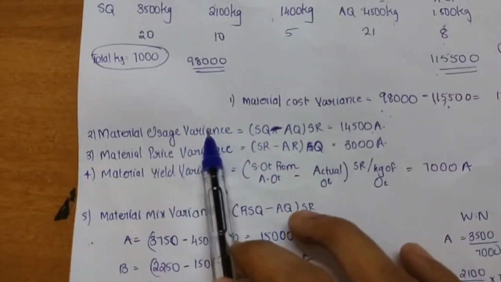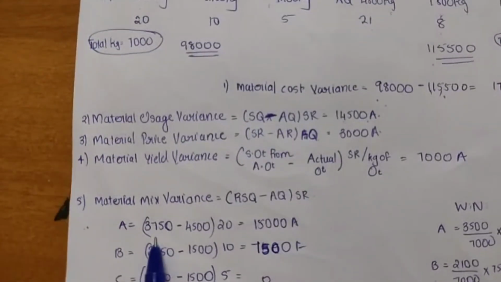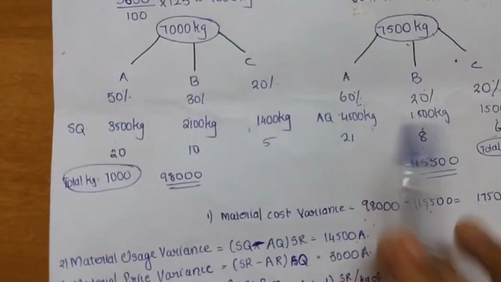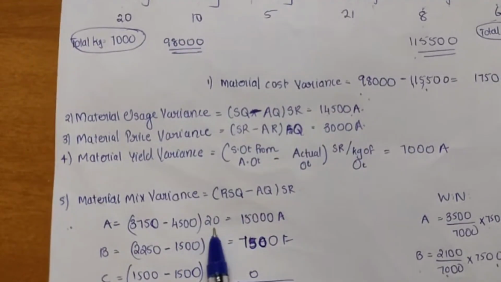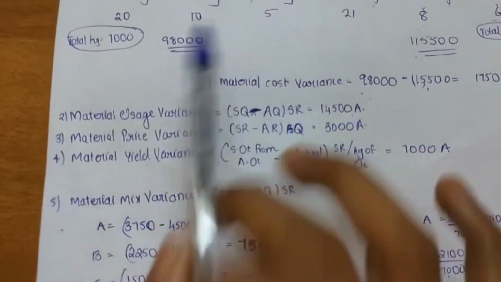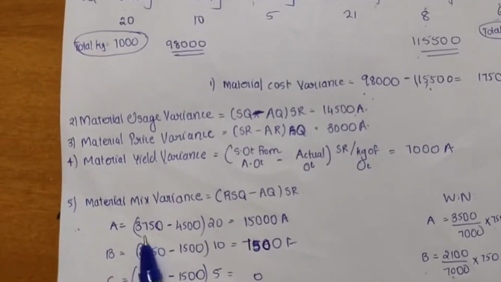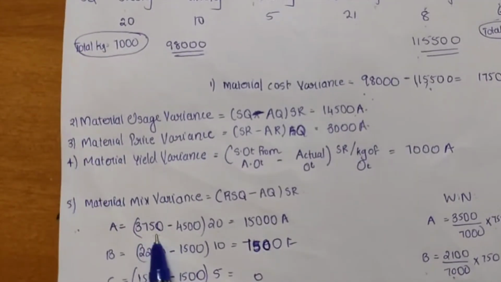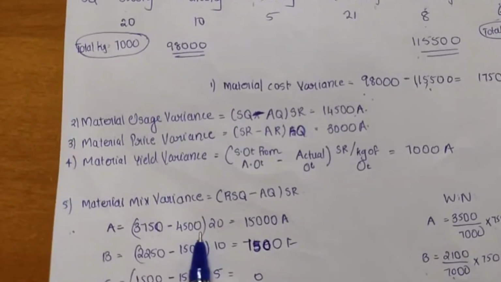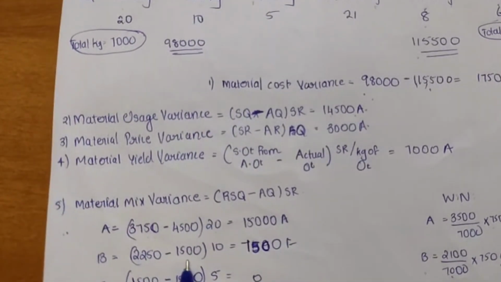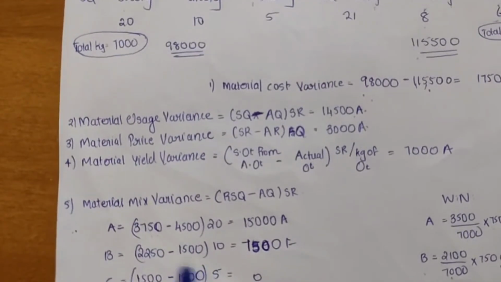in case of material usage and material price. So in A's case 3,750, that is RSQ minus AQ. AQ is already available for us. AQ into standard rate, standard rate we already know, and we'll get 15,000. Actually we should only use 3,750, but we ended up using 4,500, which is an adverse case. Okay, likewise in here it should be 2,250, but we have only used 1,500, which is a favorable case, but